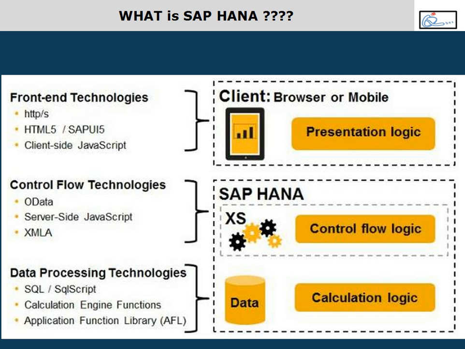Now to process the data in those tables, SAP has given us options. In any database, to process data we use SQL, structured query language, or we can use SQLScript, which is like, in Oracle, PL/SQL, an extension to SQL where you write your programs. Same way here we will be using SQLScript. We can use SQLScript and implement your data processing logic in the database as a procedure, which we call a stored procedure. This stored procedure gets executed in HANA itself, in the database layer. So I am pushing my logic into the HANA database now.